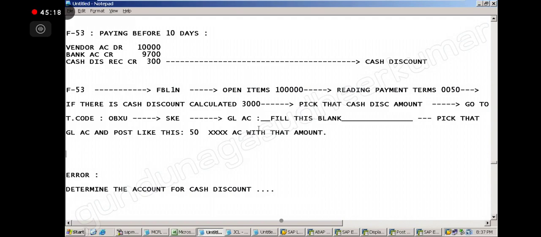Understand the logic here. It is automatic posting. Automatic posting means that once you give this account, every time there is a cash discount, the system will post automatically. Suppose there are 1 lakh items on which there is cash discount, all 1 lakh will automatically be credited. The user does not have to do it manually. Whenever there is a cash discount, the system will post automatically. So we are making the programs run as a concept.